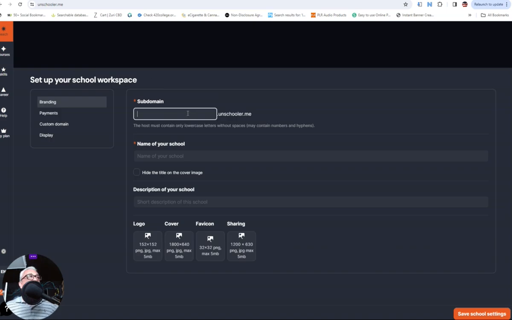If you want to cut the cost, let's just say that you don't want to buy your own domain, you don't have to. Okay, you don't have to do that. This software right here, you can create your own domain. So for this case, in this particular model, I'm going to create a course for people that want to create courses online and sell them with AI. So I'm going to call my school name